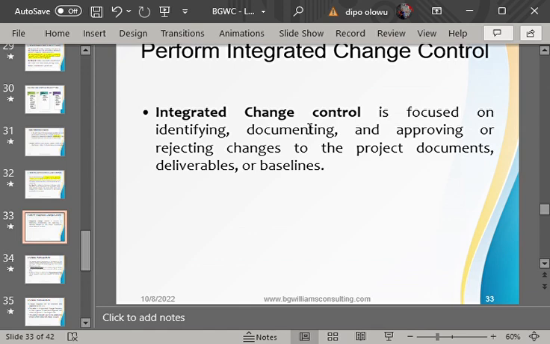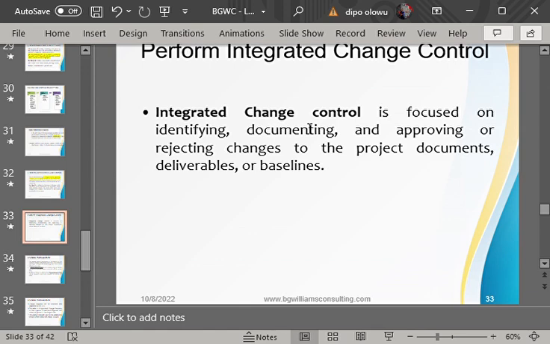Why? Because now the question is, if the project manager is the head of the CCB, he is going to compromise. He's going to do the project and quickly do things in his favor. And it's possible he may not carry others along, and the objective of the project will be what? Compromised. All right? Please take note of that. So that being said,